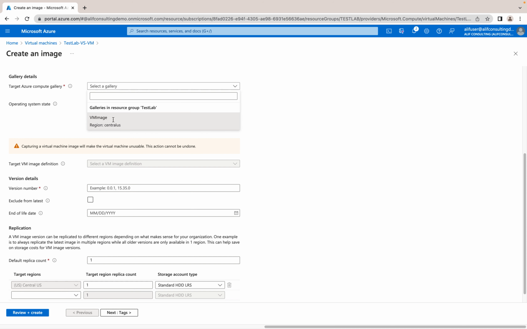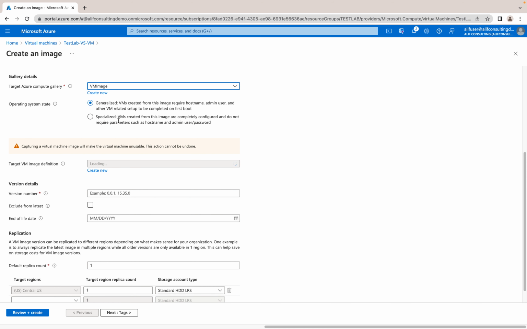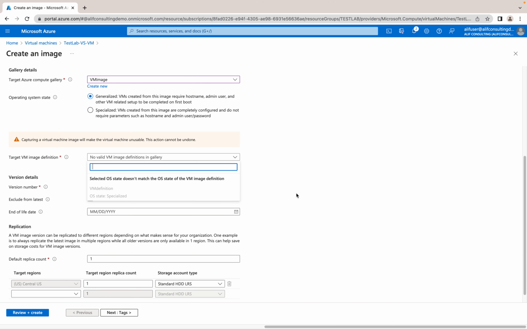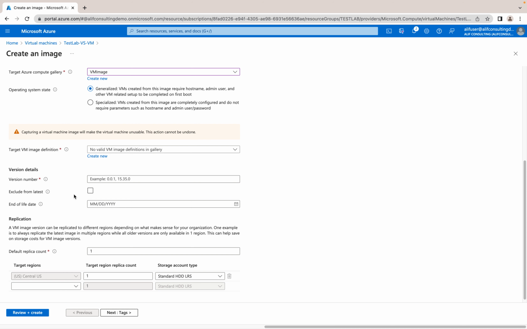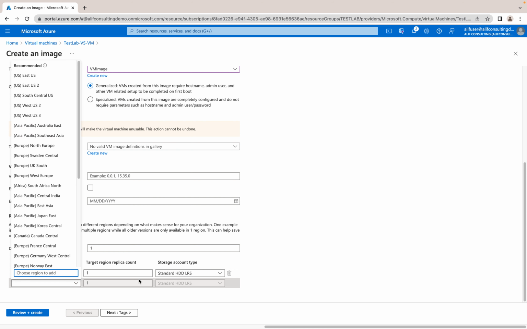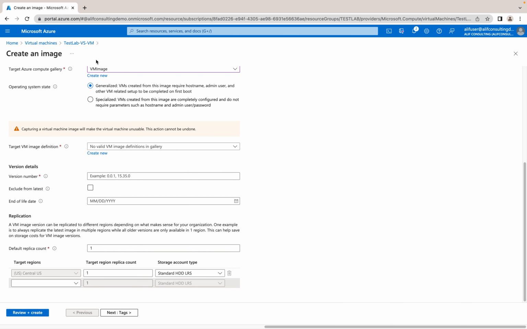You need to select the gallery, and what kind of image it's going to be, either generalized or specialized. What the image definition is going to be, what the version number is, and what the target regions are where you want to replicate it. You can have multiple regions and a number of replicas replicated across the multiple regions, right? Once that has been done,